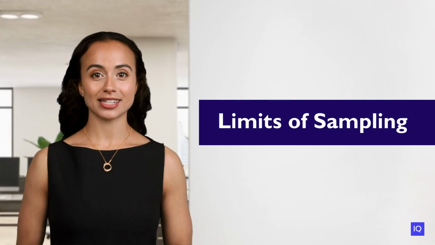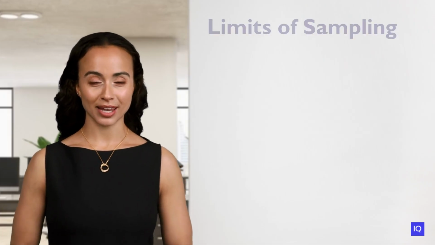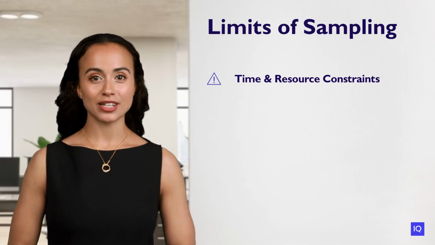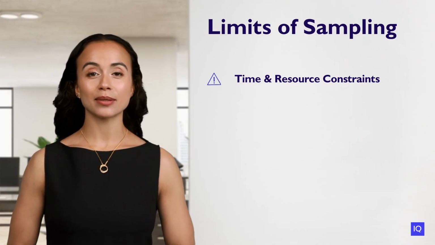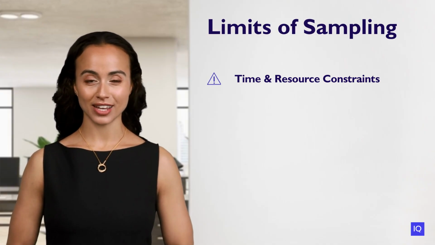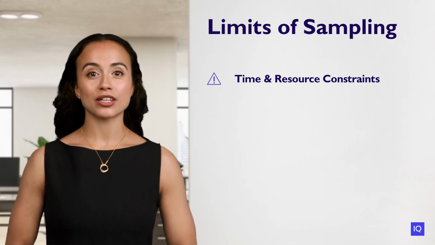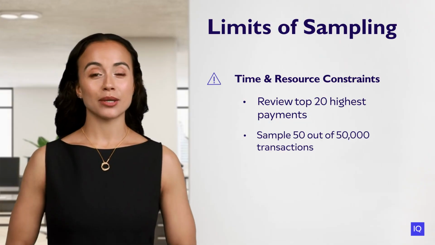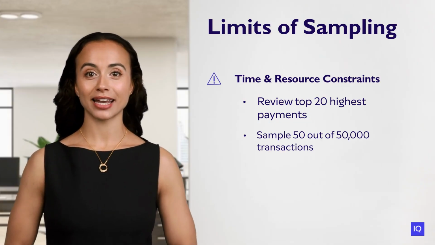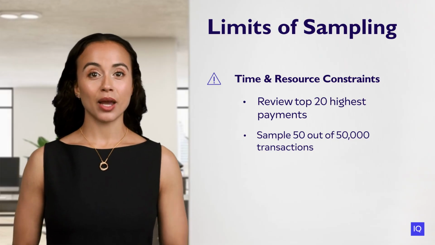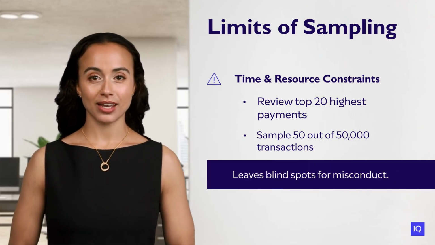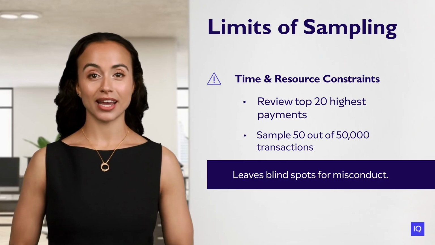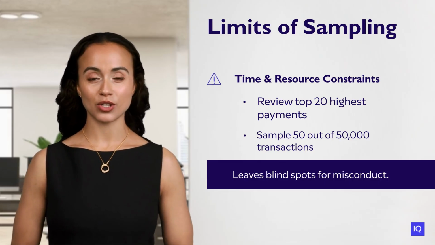But audit has its limits, and that starts with sampling. Because of time and resource constraints, auditors typically review just a subset of activity. For example, they may look at the top 20 highest value payments in a quarter or sample 50 transactions from a population of 50,000. That approach can leave blind spots, especially for misconduct that's intentionally kept below thresholds or scattered